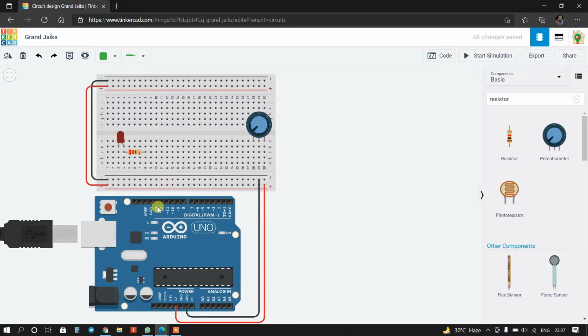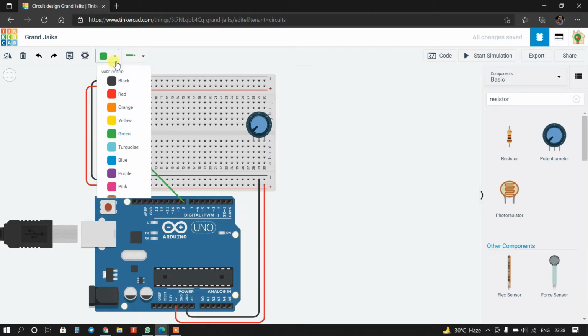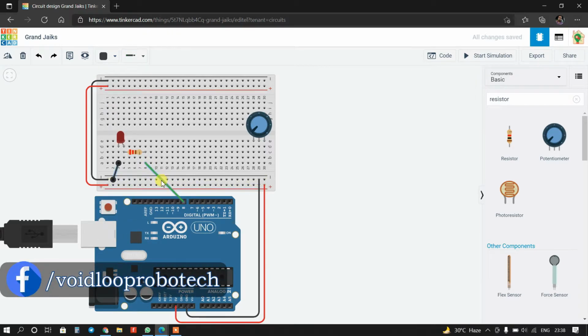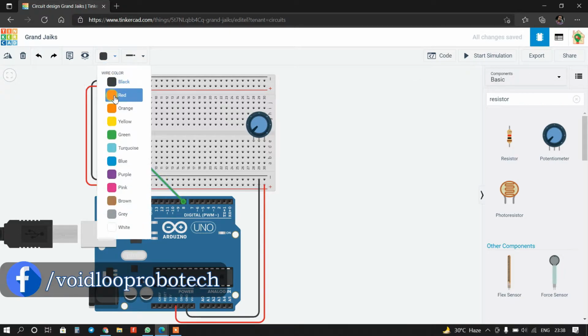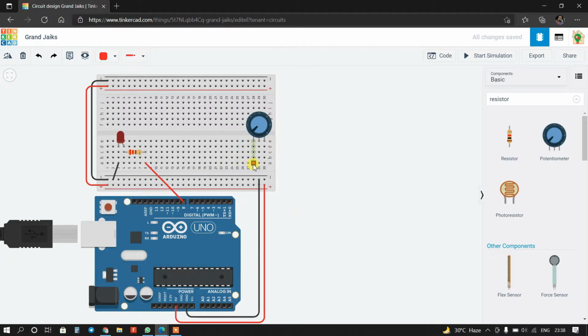Okay. Now I will connect this cathode pin with ground. This is ground pin, and anode pin is connected with resistor. It will connect to 8th pin. It is PWM output pin. Okay, so change this color of wire. It is normally black, and this is like red.